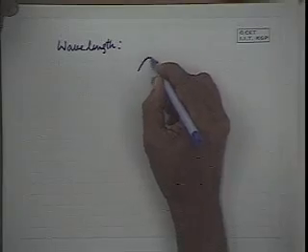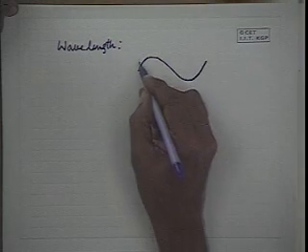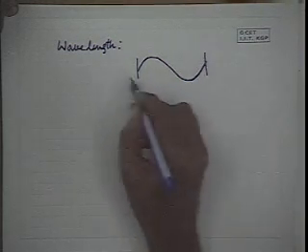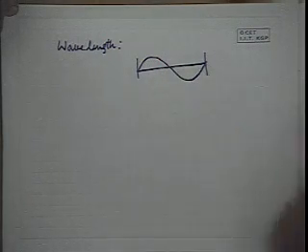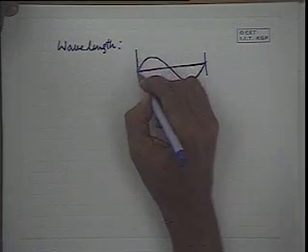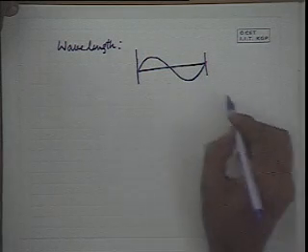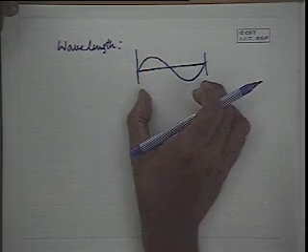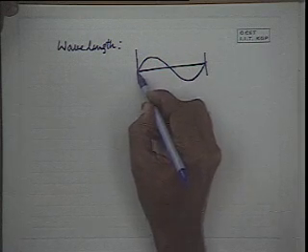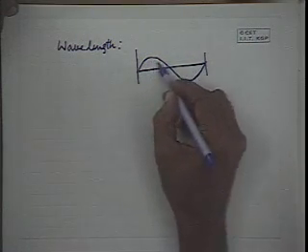That means a single wave, how much space it will occupy when it is communicated over some transmission medium in time. That means in time t, what is this distance from this point to the other point, or for this one